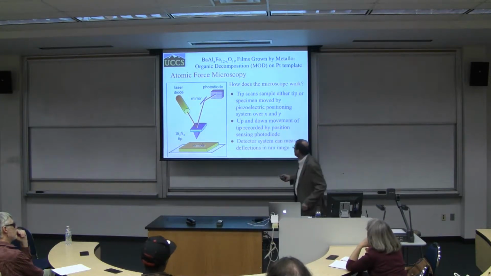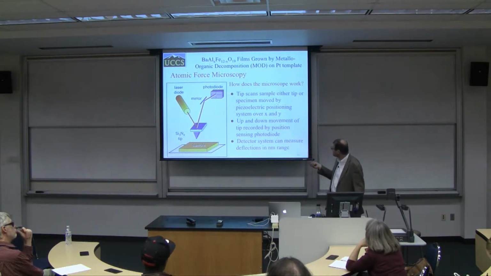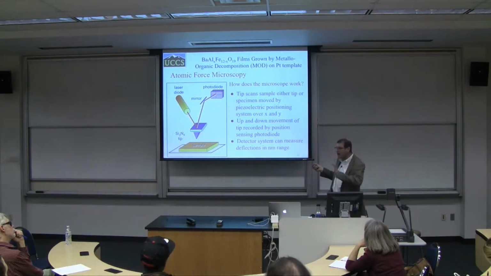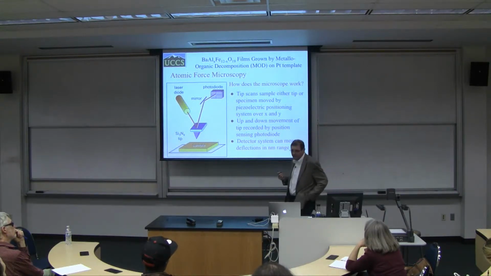The way this is done is the laser diode is shining on the back of the tip, the light is reflected, and because we have the photodiode which has 4 quadrants, we can determine how the light is moving, and from this we can determine the